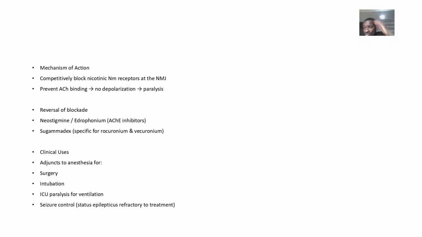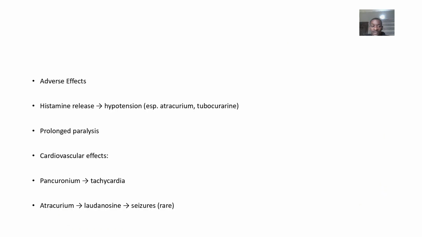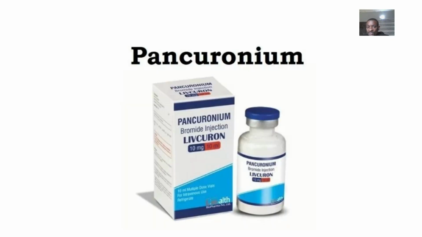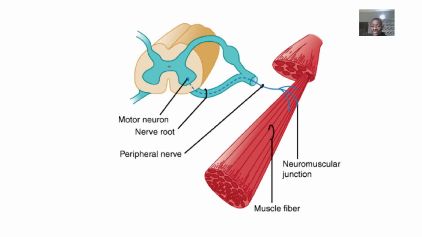Clinical uses: they are used for surgery, weakening the patient, paralysis, and seizure control. If the patient is having all those jerks, you can just give them the drug to weaken the whole body. Adverse effects: histamine release and cardiovascular effects, not really serious. This is a picture of Rocuronium, and I think that was all for the peripheral muscle